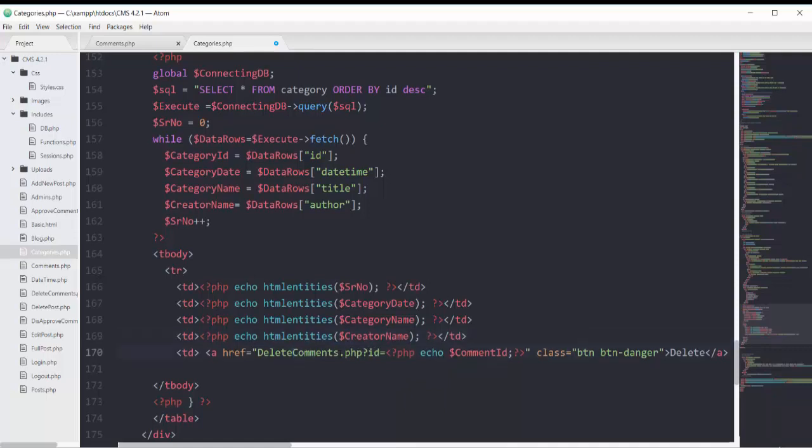So delete category page, and we will send this ID. So we'll develop this page, and for the echo we have to echo category ID here.